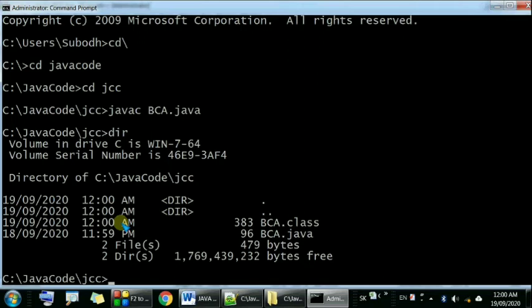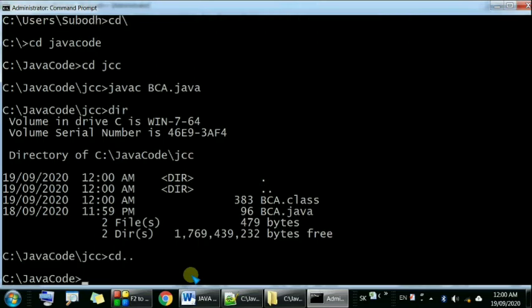Now we can use this package having class BCA. So create a file, TestJCC. The TestJCC will be in the Java code directory. So go back to the Java code directory and start a new program.